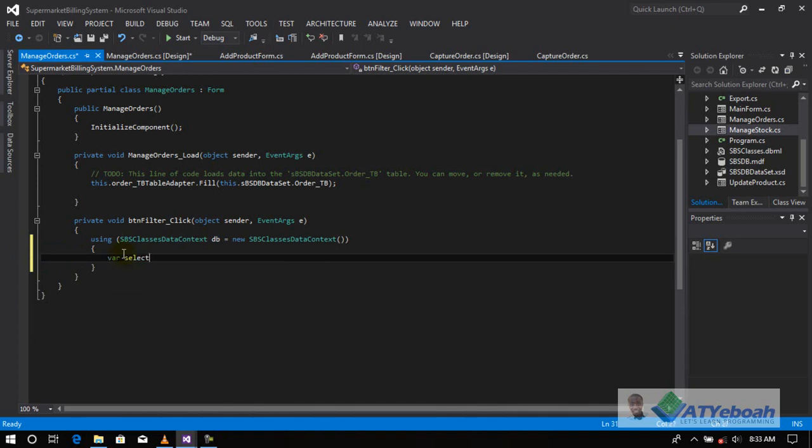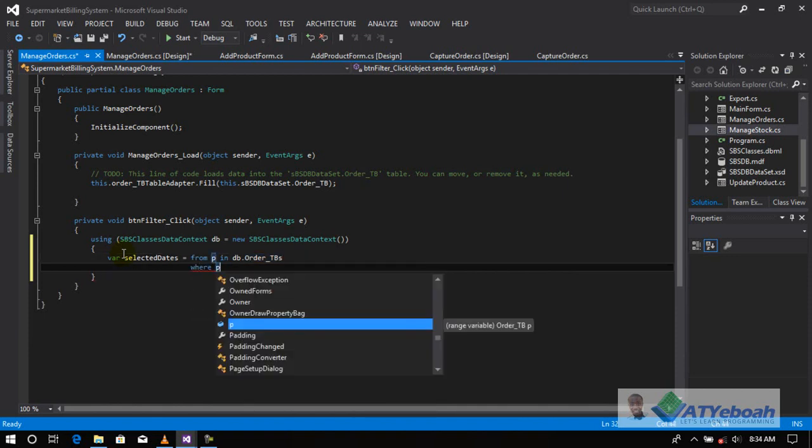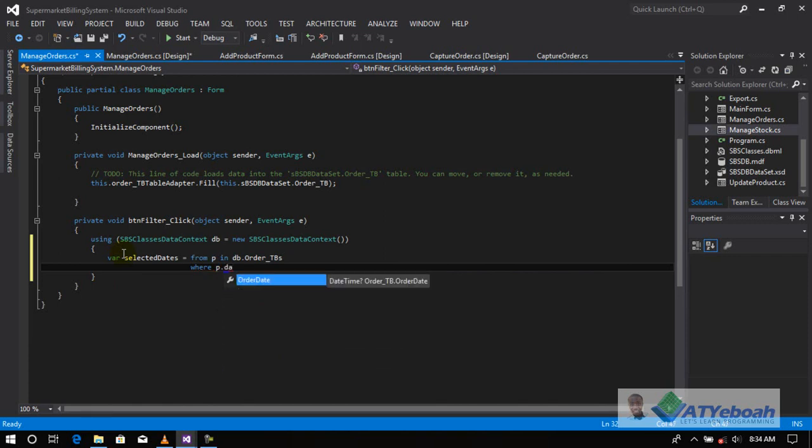var selected dates from P in DB dot order table, where P dot order date is greater or equal to